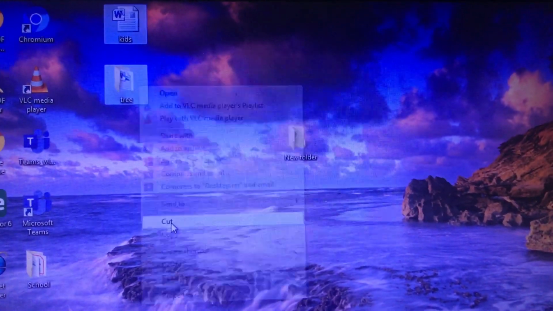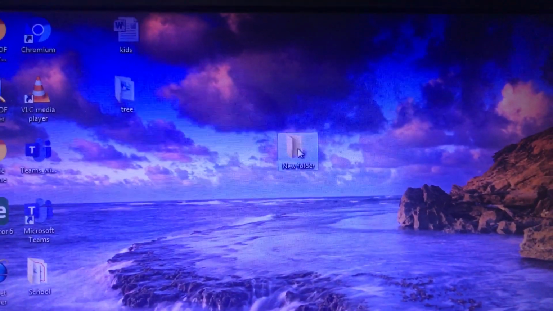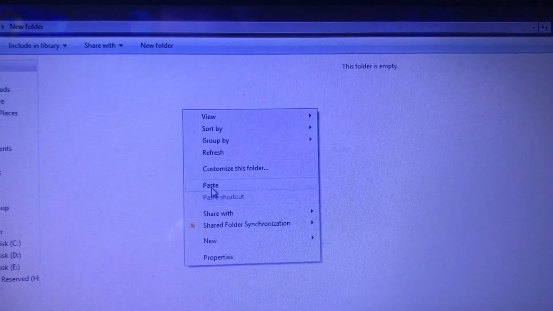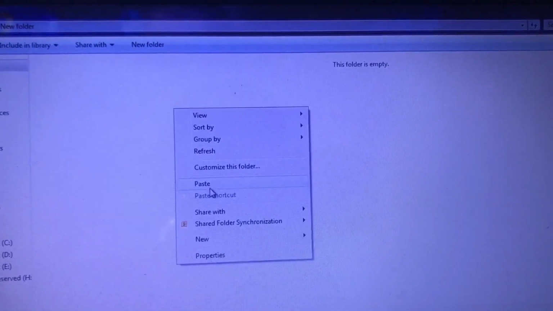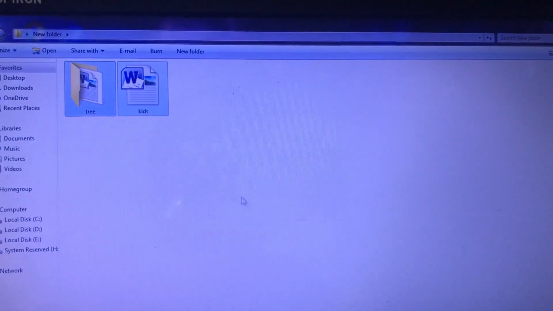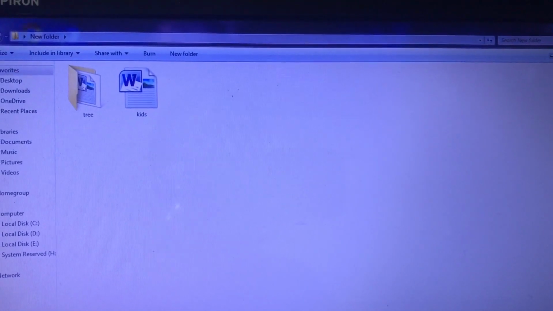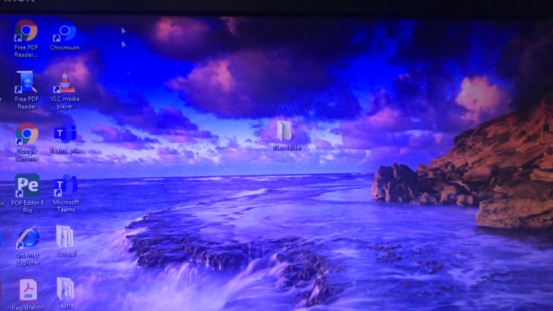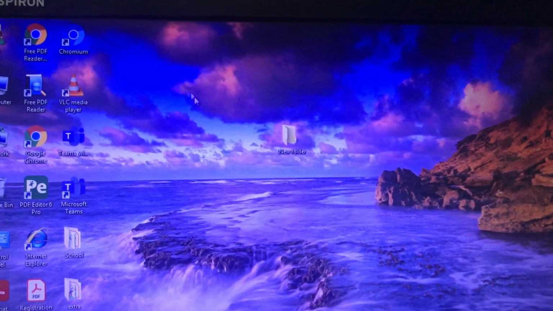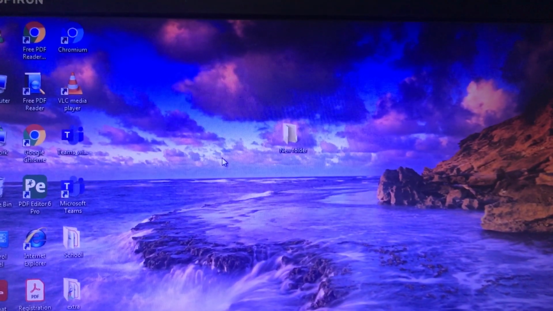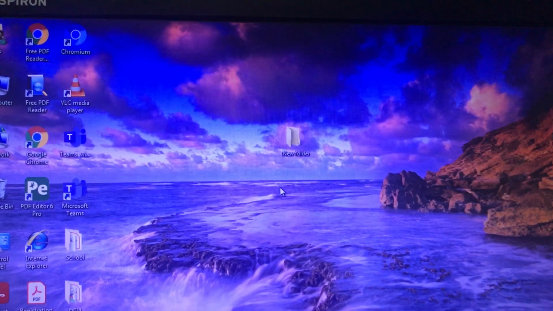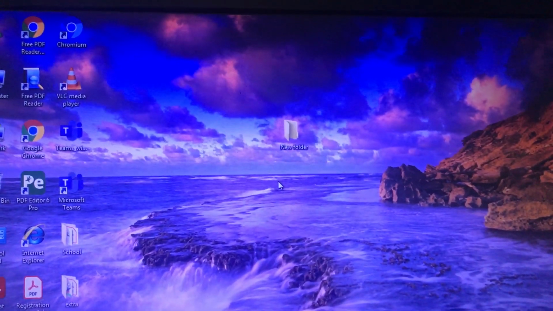Then go to the folder where you want to paste it, right click and then click on paste and it will come inside the folder. Now let's see if it's outside or not. No, it's not here, right? So that means you have moved the file or folder from one place to another.